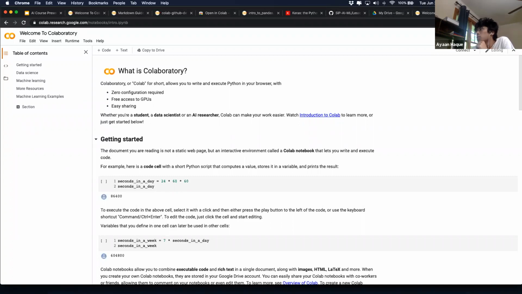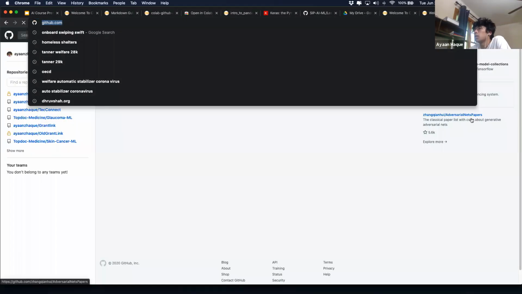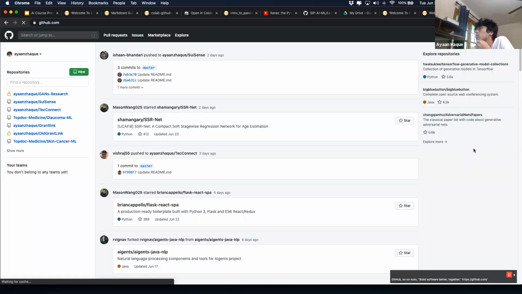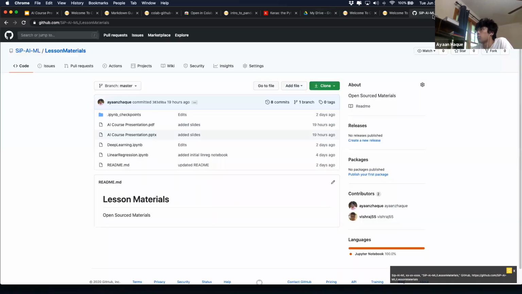So why doesn't everyone go to github.com? If you go to GitHub, I'll show you what it looks like if I log out. So basically, go to GitHub. If you have an account, you're fine for now. If you don't have an account, please sign up. Then once you do that, I'll explain why we're using GitHub. Or actually, why don't you start signing up? That shouldn't have any issues for anyone. That's super basic. But sign up if you don't have an account. If you do have an account, let's go over what you should do.